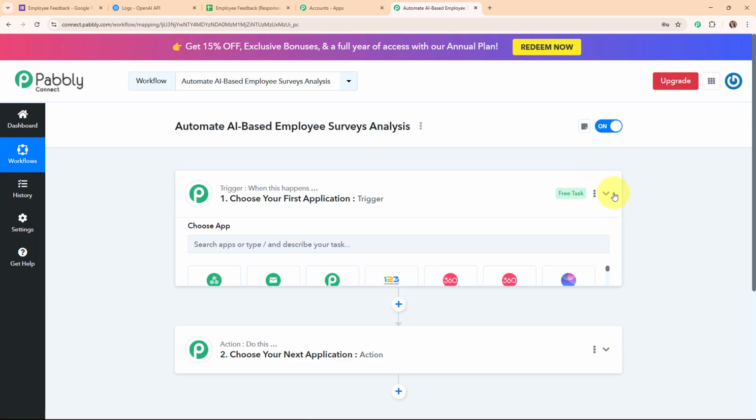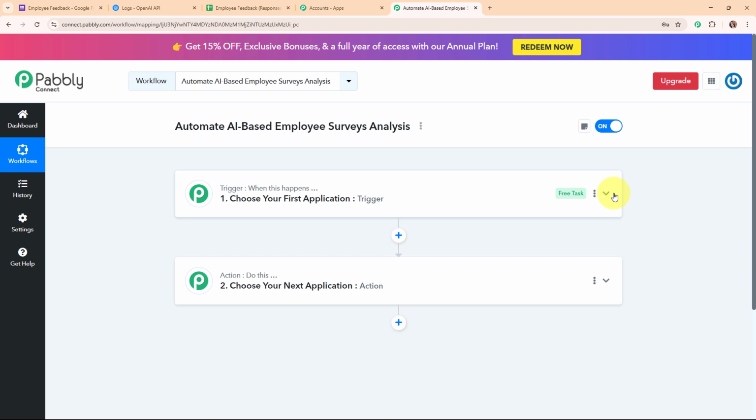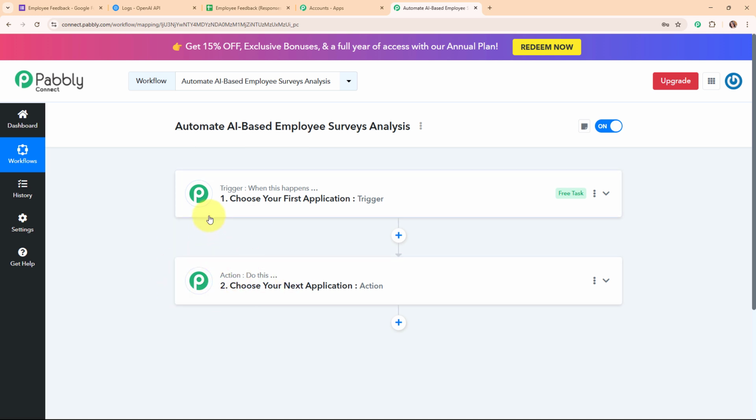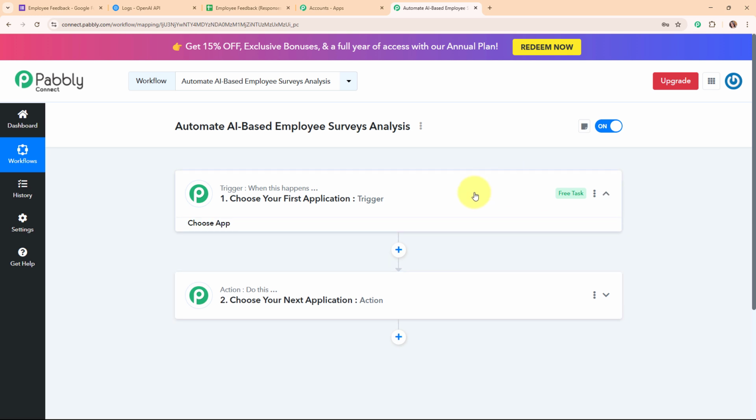Now here in this workflow window, you can see we have successfully created a workflow, and here on my screen you can see the two most important principles of an automation process, that are trigger and action. Where trigger says when this happens and action says do this. That means action is a response towards a trigger. Your automation can have a single trigger but multiple action steps. Now let's build our automation by simply setting up a trigger.